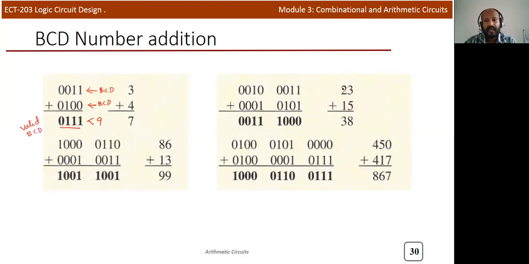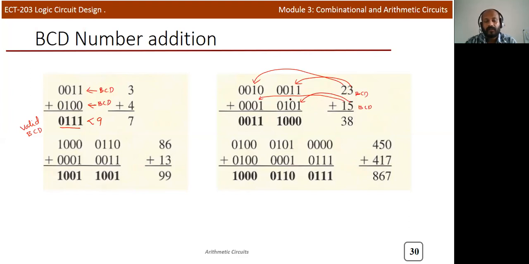Now we can check another case: the numbers 23 and 15. Both are BCD numbers, that is, binary coded decimal numbers. Here you can see the BCD equivalent of 2 and 3 in 4 bits each, and here 1 and 5.